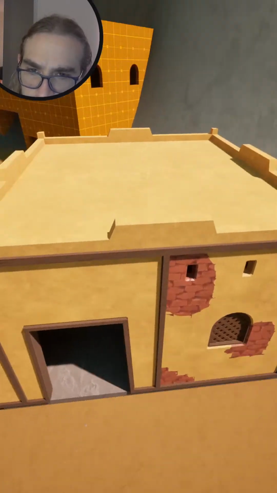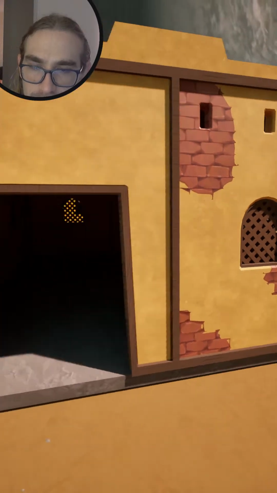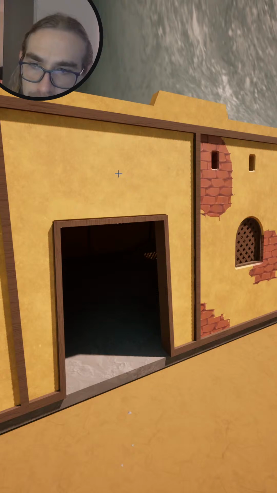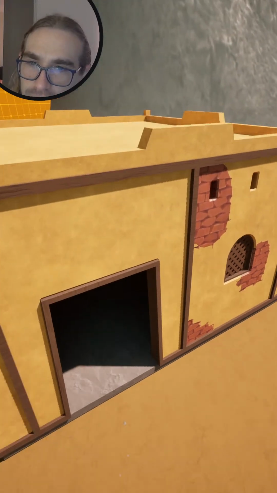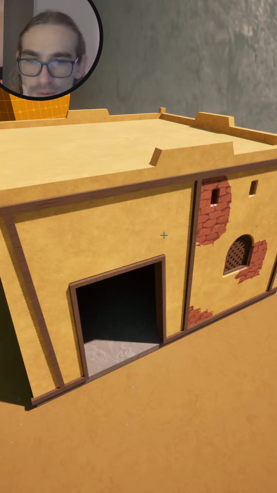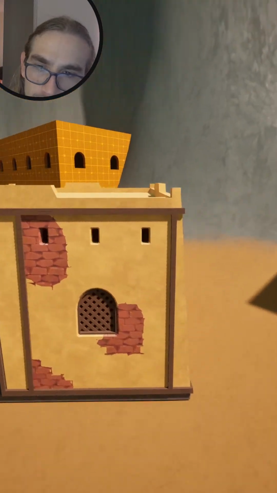I started making specific materials for each piece using Substance Painter and baking the material, but then I think that probably we're gonna stick to triplanar and vertex painting,